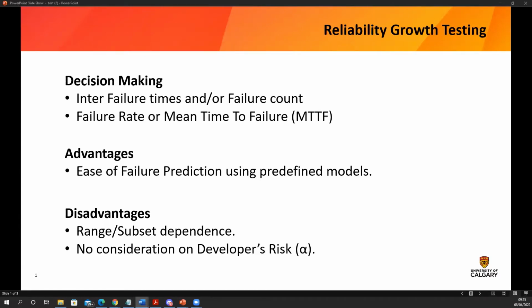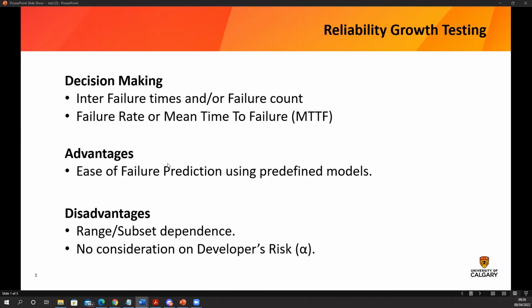For software, in making decisions based on reliability growth testing, for a given failure count, testers pick a target failure rate or a target mean time to failure that they consider acceptable. One advantage of reliability growth testing is that it allows the tester to pick the failure behavior using a set of predefined models. Using parameters like the AIC and the BIC that Michael just talked about makes it easy to